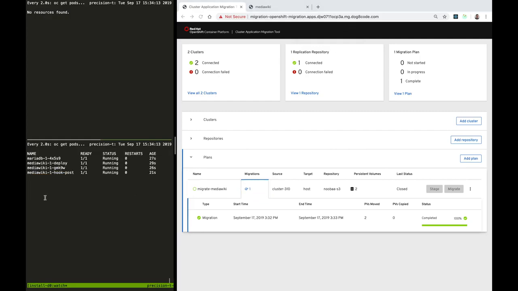pods start to run again, and there is a post hook that runs to rewrite the URL so that the new route works properly and the MediaWiki is internally set up with that new route. Once that finishes, we'll actually be able to get the new route that is on the destination cluster, and we'll be able to copy that to our clipboard so that we can navigate there and see that the migration was